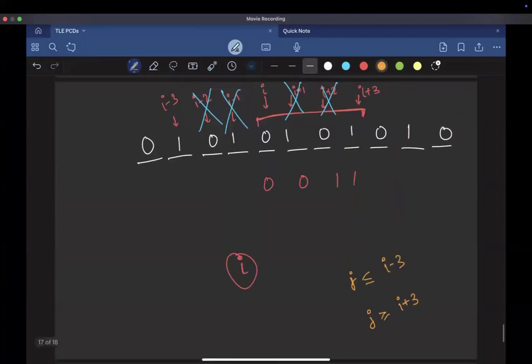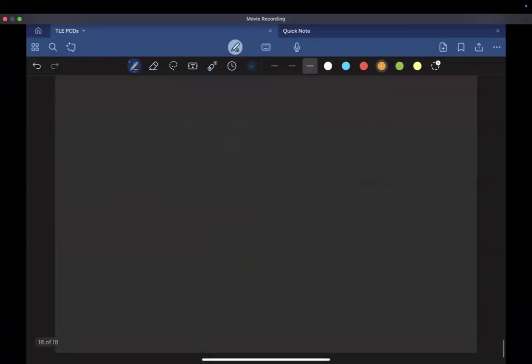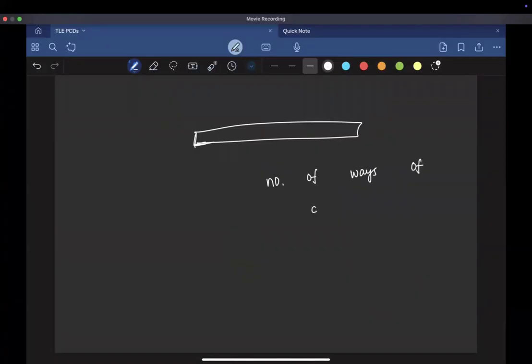Okay, anyways, let's discuss the rest about it. So what we have got so far is we have realized that the problem is more like we have to find out the number of ways of choosing some subset of indices